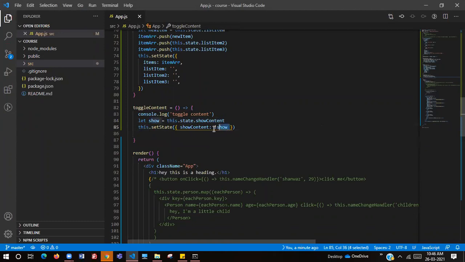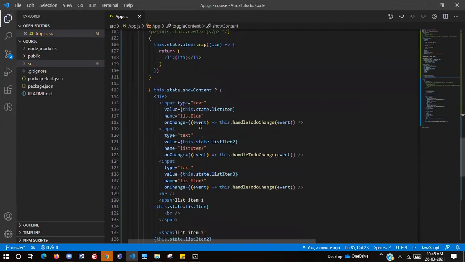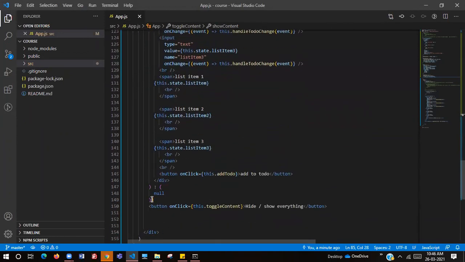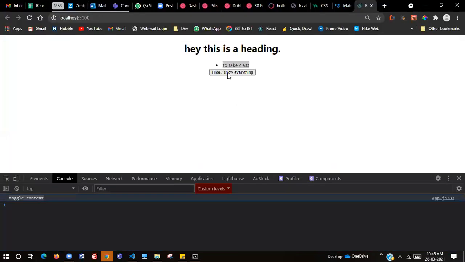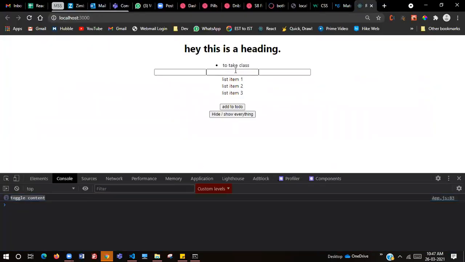This means we were setting it to false. Now this.state.showContent is false, right? When this is false, what were we seeing? Nothing, so null. Now when we click on this show or hide content again, we are able to see the content, right?